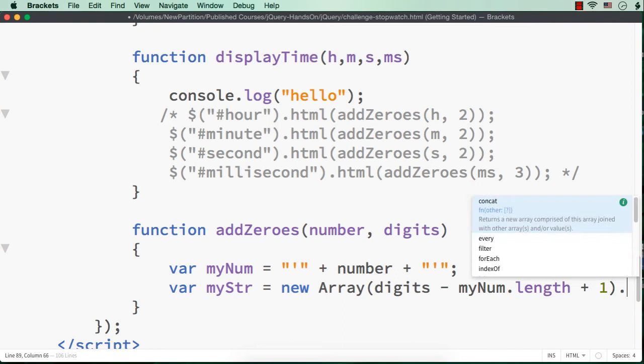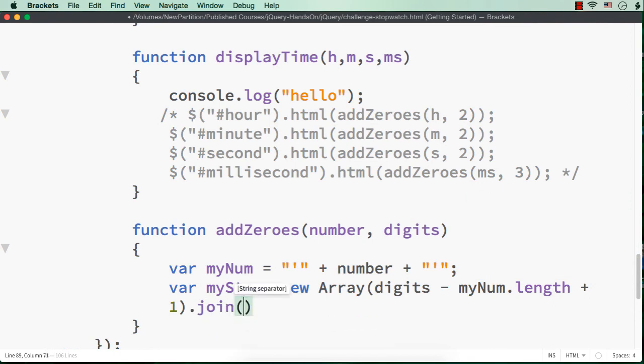Then I'm going to specify dot join 0, which means we will have 2 zeros in this case. If the number is 5 and digits is 3, digits minus num dot length will give us 2, plus 1 means 3, dot join 0 means we will get 2 zeros.